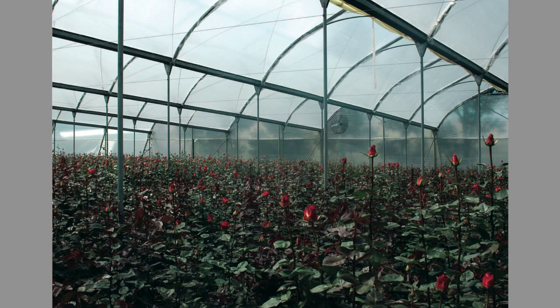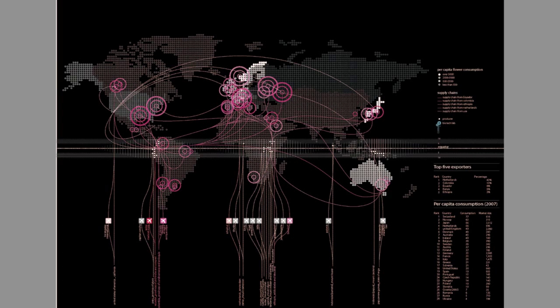To other projects that begin to look at the relationship between architecture and territory. In the recent year, we've been doing a lot of work with the flower industry in Ecuador, primarily looking at